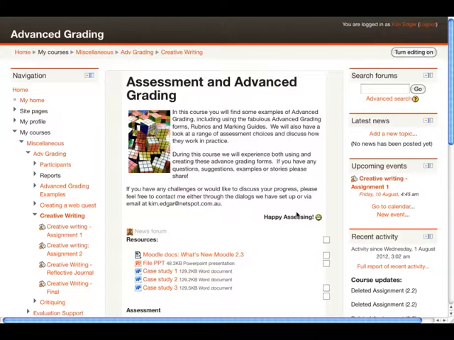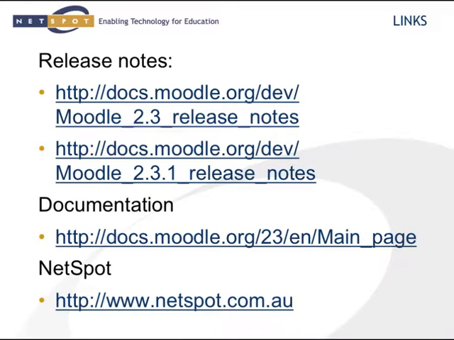There are many other new features, including the book module being included as core, improvements to the quiz module, and a range of other things around security, API updates, repositories, and a whole range of excellent new features for site administrators as well as for teachers. For more information about these additional features, go to the release notes on Moodle Docs as shown in these links. There's also extensive documentation about Moodle 2.3, and if you want to learn more about NetSpot, you can go to our website at